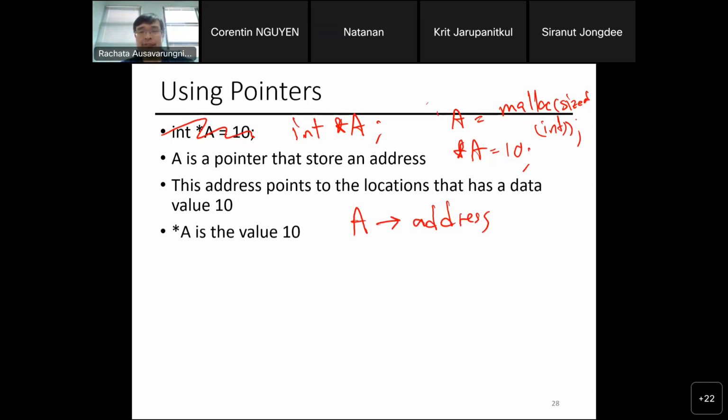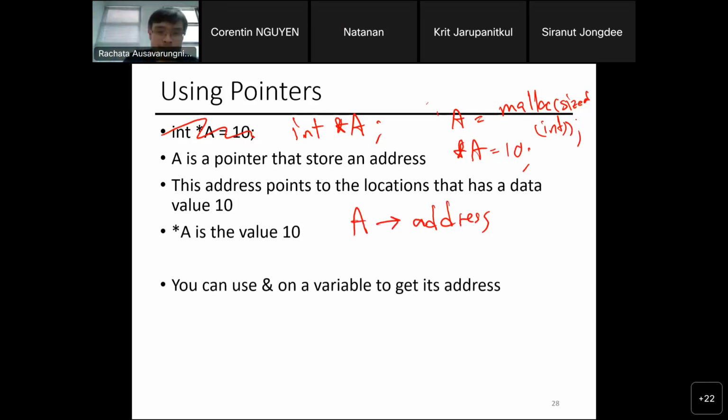And if you have a variable that's not a pointer, you can use ampersand to get the address. So you can do something like this. Now you have int star A, and then you say int b equals 20. Then I can do A equals ampersand b.